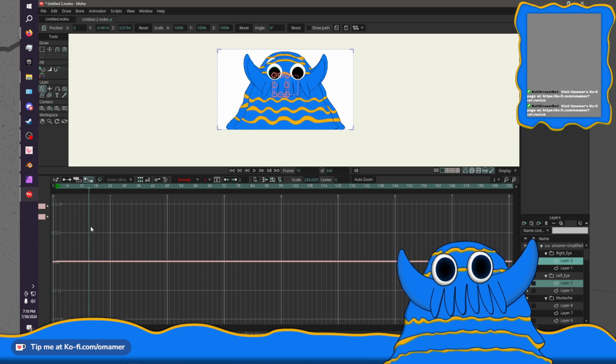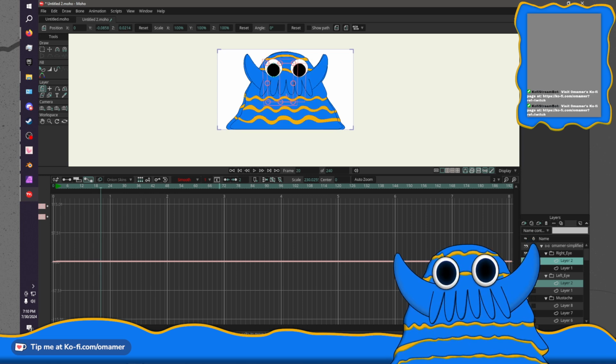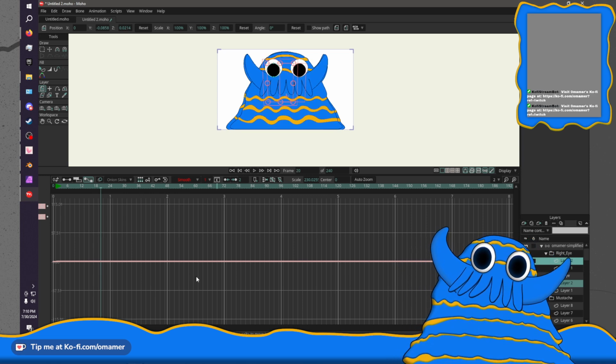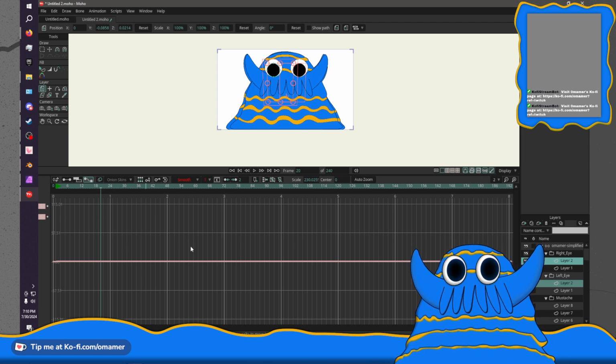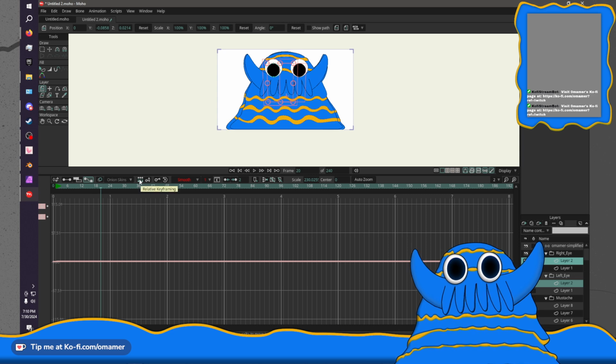I'm kind of getting frustrated with this, not gonna lie. Because there's supposed to be a way that I can manually adjust the information on the motion graph.